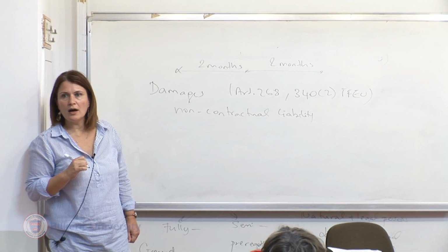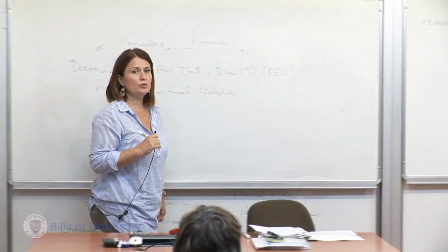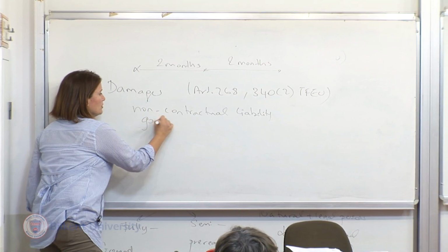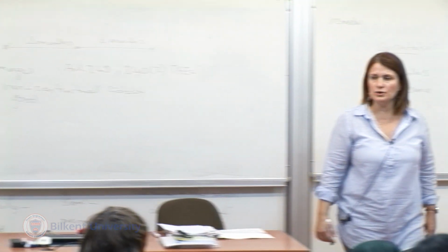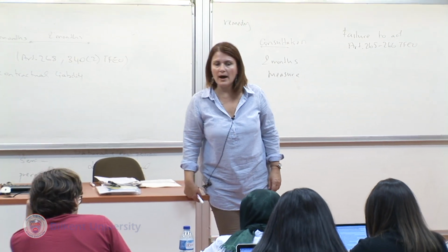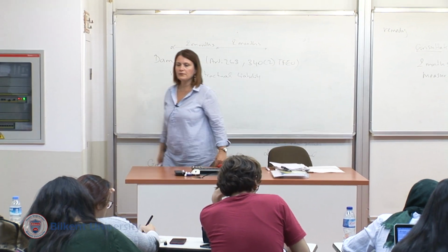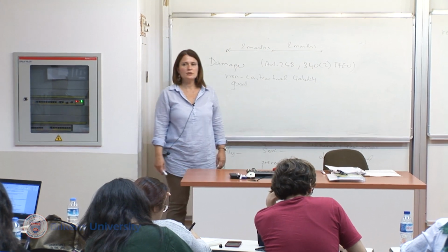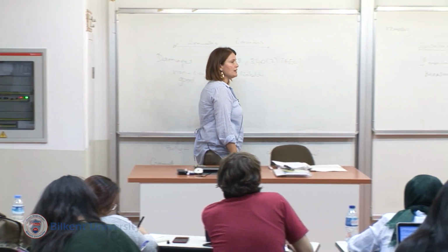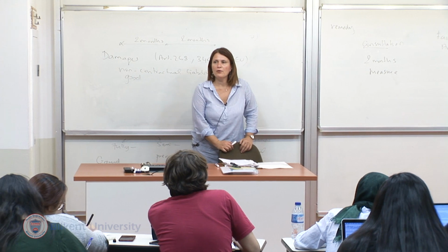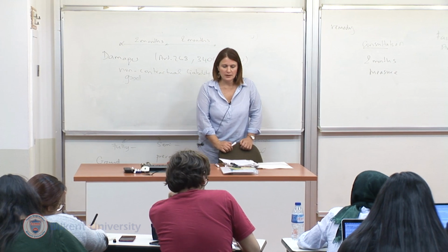In the area of non-contractual liability, the EU shall make good any damage caused by its institutions or by its servants in the performance of their duties. Again, according to the founding treaties, the EU